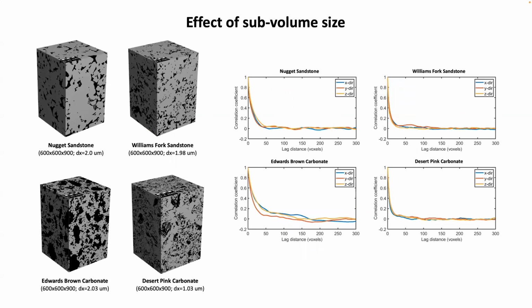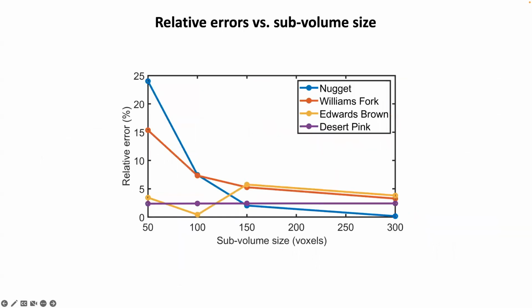Clearly, the subvolume size is a key factor that affects the numerical errors induced by the hierarchical approach. To determine the subvolume size, we investigate the effect of subvolume size on numerical errors using 2 Sandstone samples and 2 Carbonate samples. As we can see from this figure, for the 2 Sandstones, the relative errors clearly decrease as the subvolume size